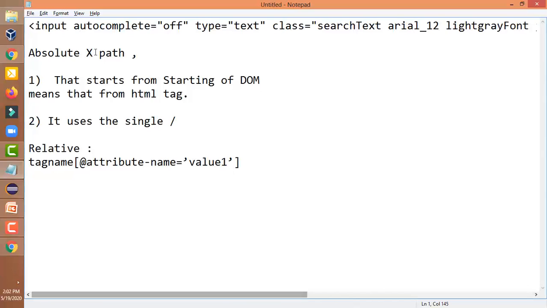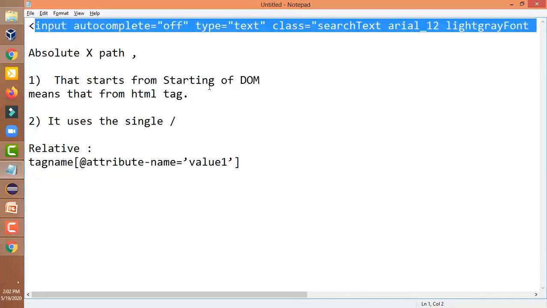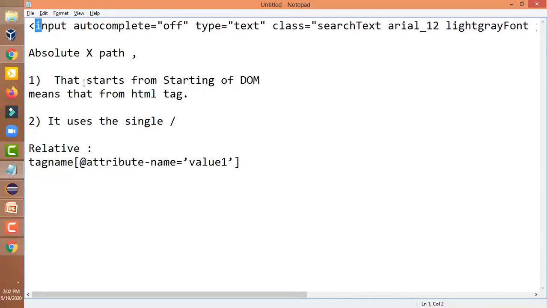Now if we take the example of this element, what is the relative XPath that we have? It is the XPath that we have to create, and it does not start from the root; from the middle of the DOM we can start writing the relative XPath.